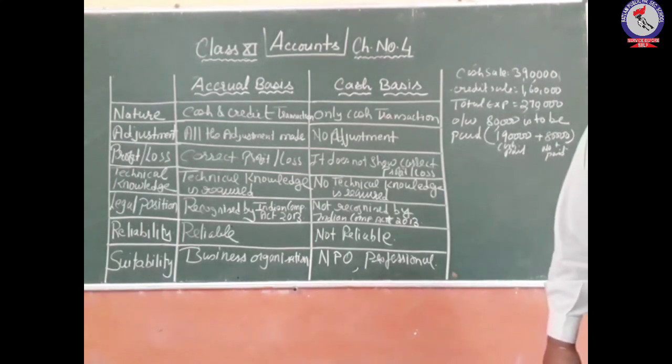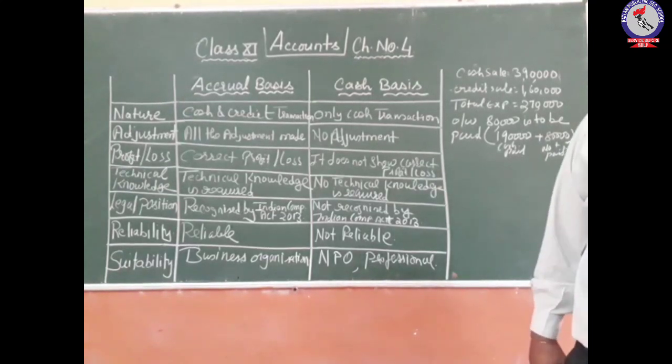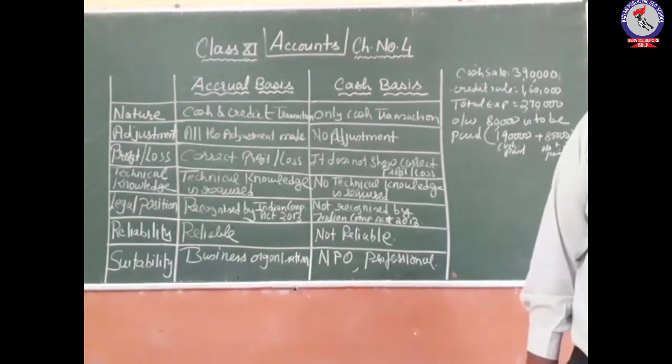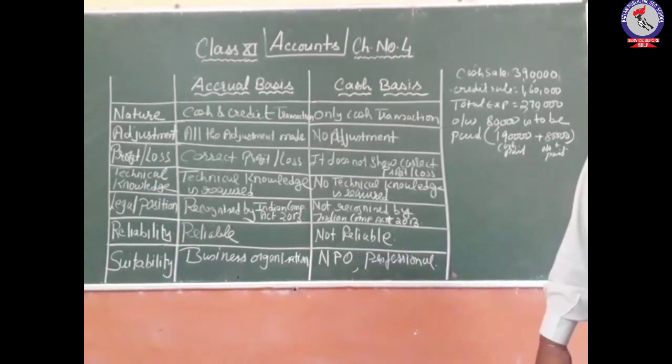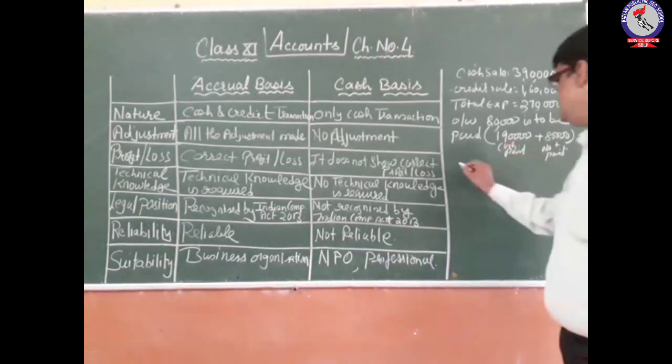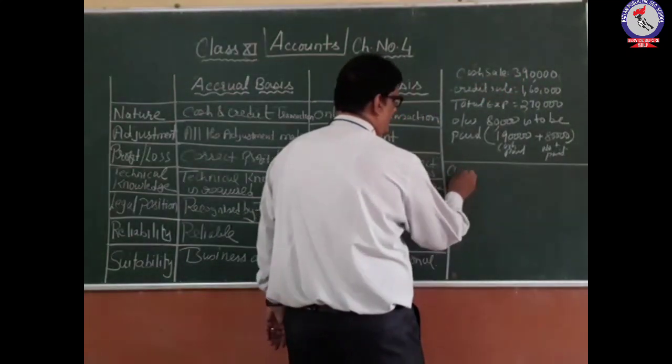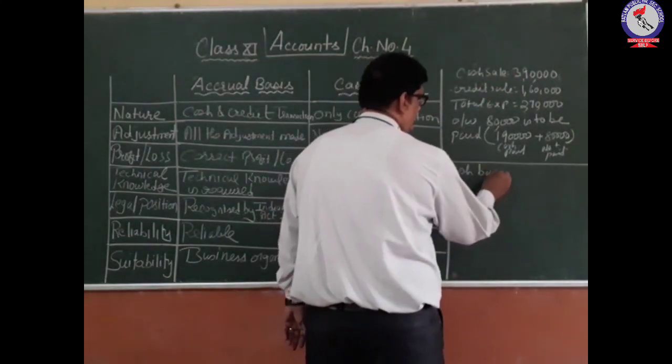Then we have to find out the total income during the year. So when we are finding out the total income during the year, what we have to see is the cash basis of accounting. So we have to follow the first system here, cash base. So let us see when we are talking about the cash base.